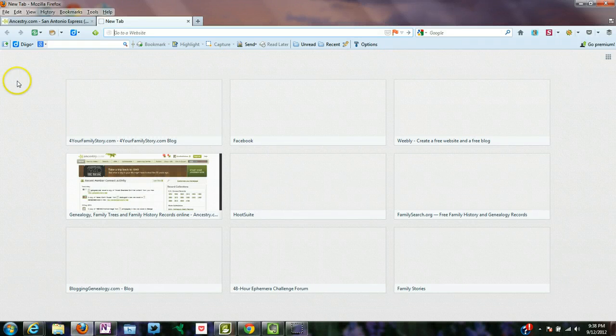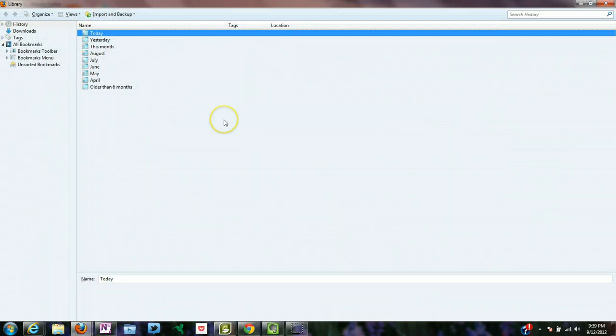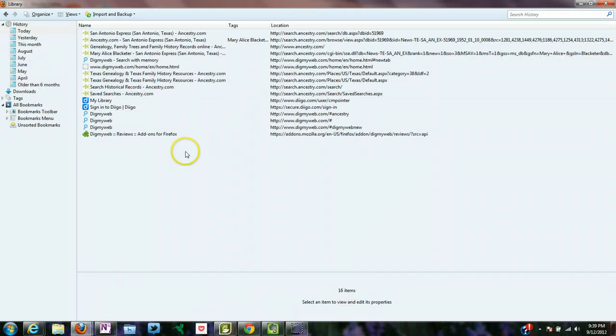There are two different views for the search history in Firefox, thank goodness. The first one would be a full history, show all history. It's going to come up in a different window, but not a browser window, just a window, and it has it sorted in some different variations: monthly, this month, yesterday, and today. Double click on today. It's going to give you the reverse chronological order of how I searched, and I must